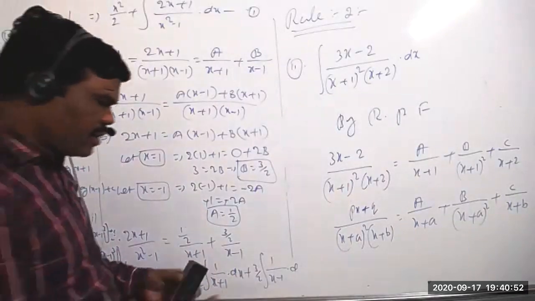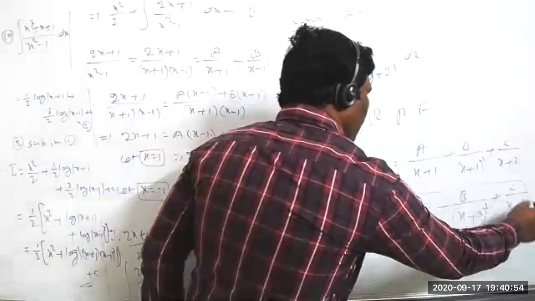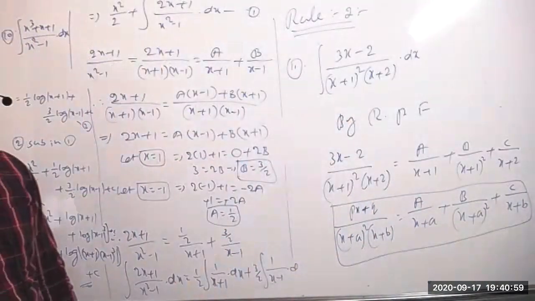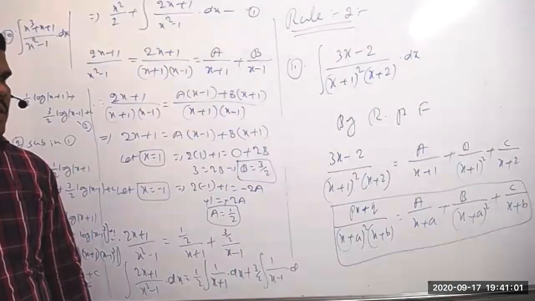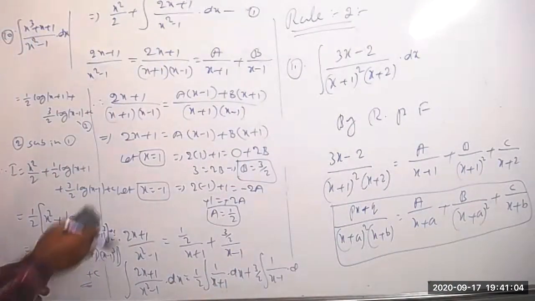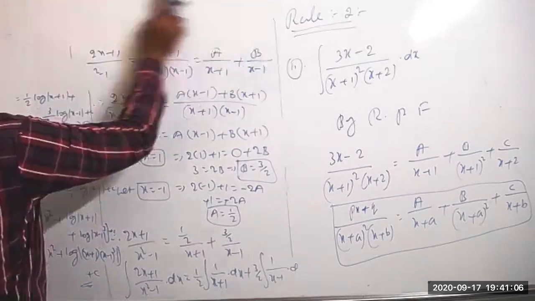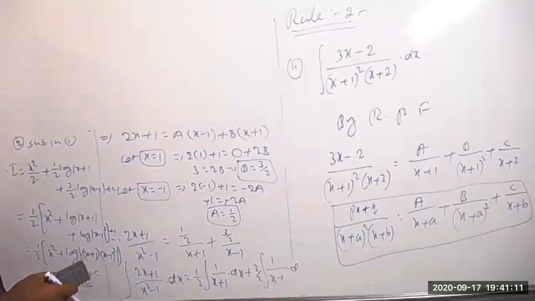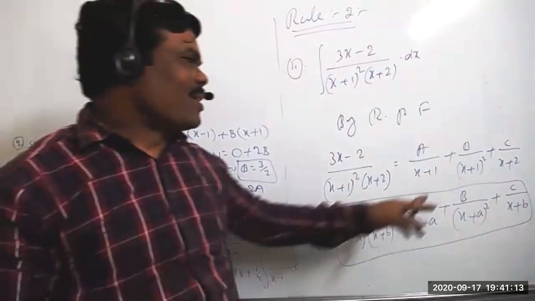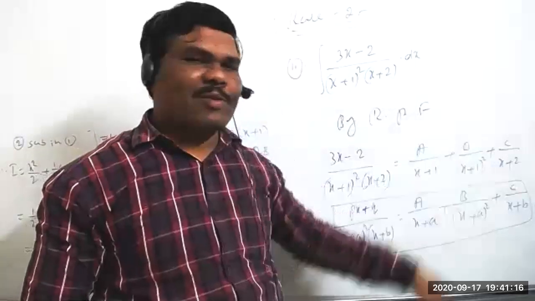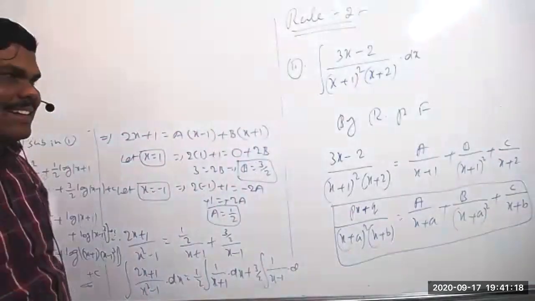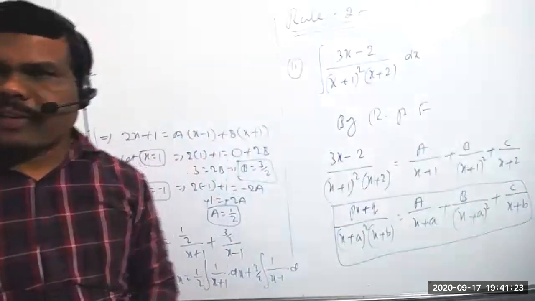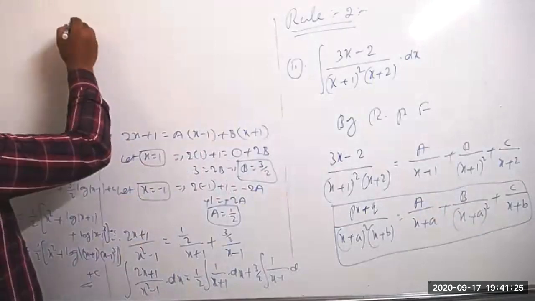So by using this formula, resolve the partial fractions like this, then you can follow the same procedure as done previously. So first take the LCM here now. Sir, in the RHS, we'll get x plus 1 whole cube, no, sir? No, why a whole cube? Because x plus 1 is one of the factors in x plus 1 whole square, no? Yes, sir. Correct. That means what is the LCM of x plus 1 and x plus 1 whole square? x plus 1 whole square only is the LCM.